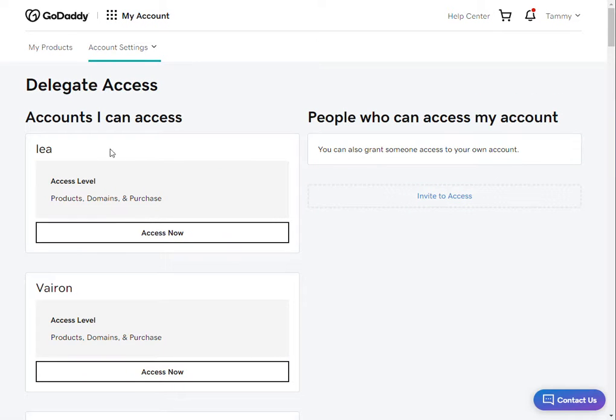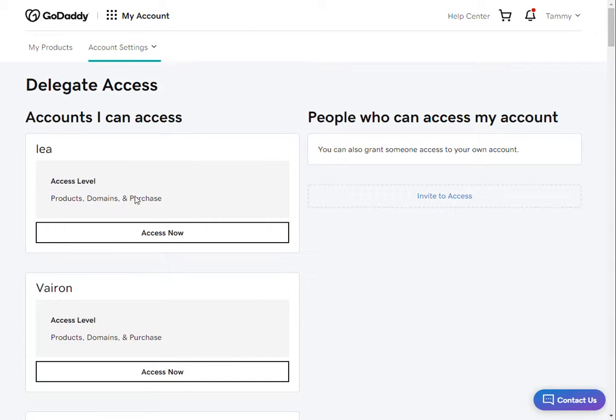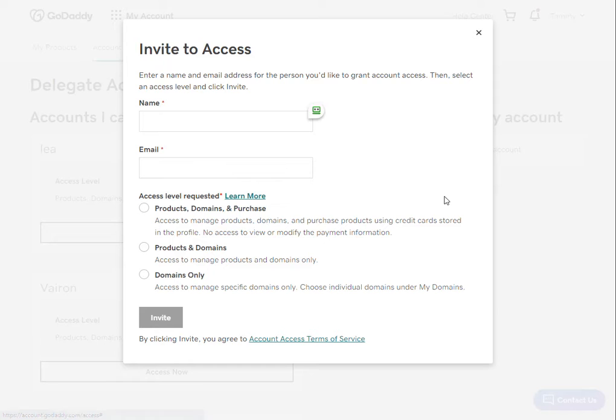Okay, now you will see accounts that I can access, and you're going to see a whole bunch of people's names of the accounts that I can access. But on the right hand side is people who can access my account. Obviously, we don't want anyone accessing our account, because if you access our account, you get to their accounts. So what I want you to do then is to click on Invite to Access, and then type in